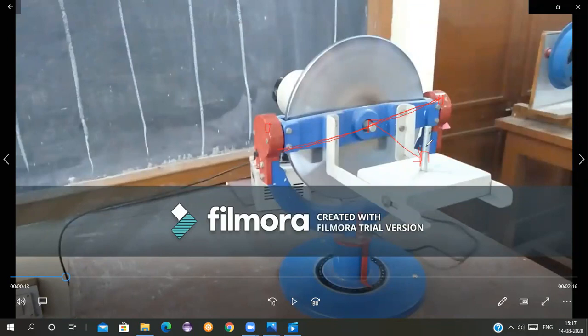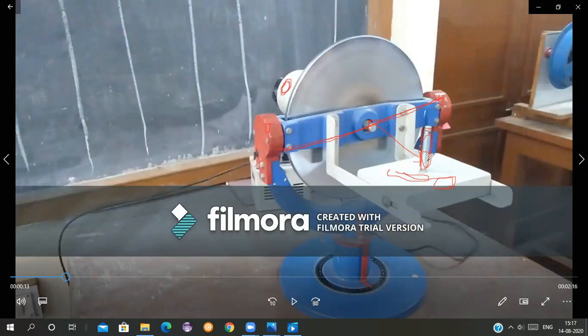Because we have added a weight here, it starts rotating. See, already there is a mass here. You can see there is a block. This block is there to balance the gyroscope, because there is a motor on the other side. To balance it there is already a block, so it is well balanced before. But after that we add a weight on the attachment which is given. So when we add the weight, the rotor starts rotating. Hope you are getting this.